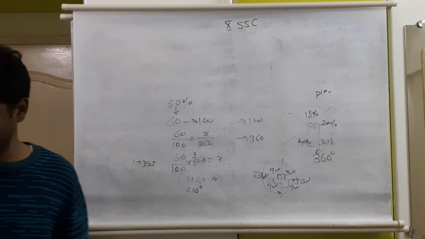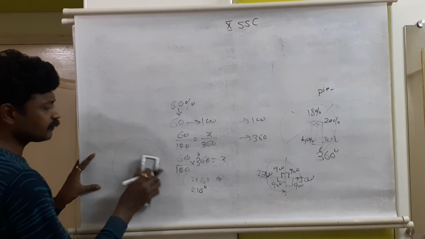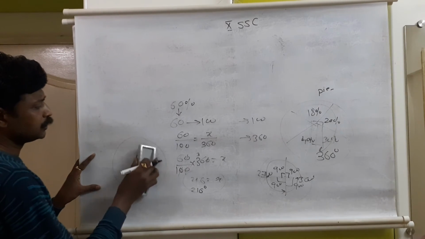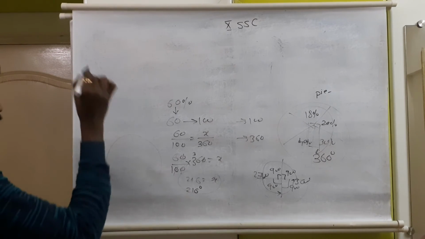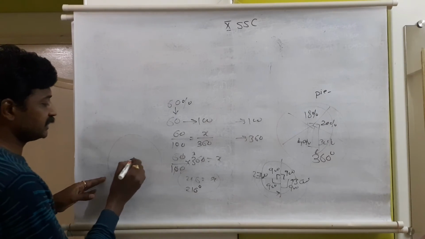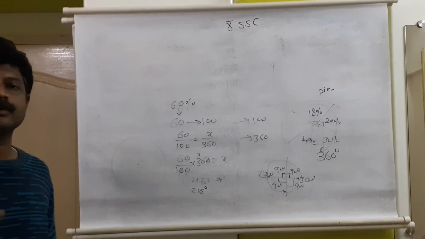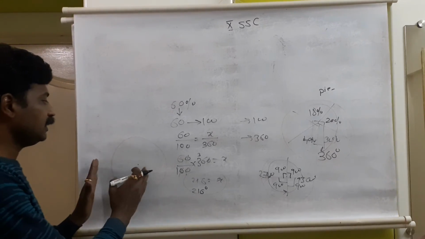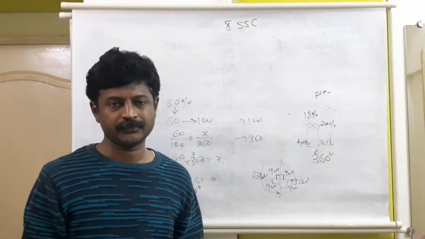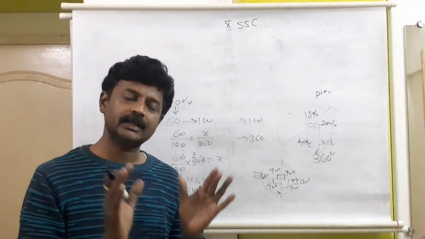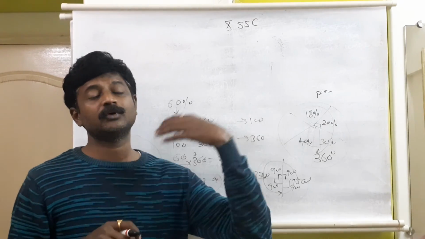Now how to show that 216 degrees? This is very important, because the question is going to come to convert the given information into pie diagram. So how can we show it? First draw a circle with any proper center on your page with any radius. There is no compulsion, only the circle should be suitable to your book, suitable to the page which you have, or it can be drawn on the graph paper, or it can be drawn on the answer paper also. It is not compulsory to draw the pie diagram on the graph paper.